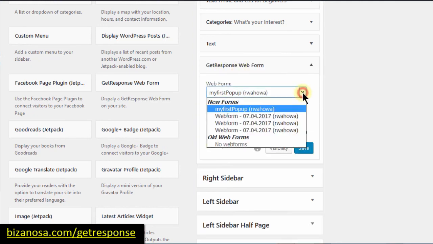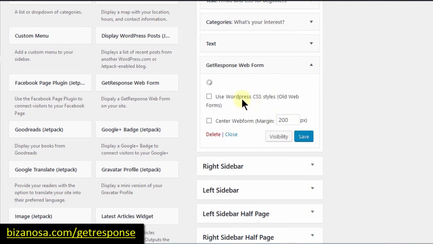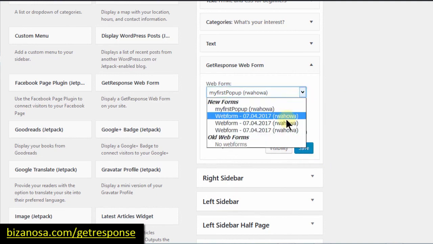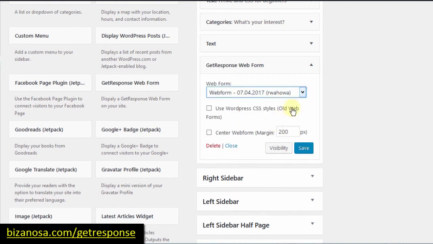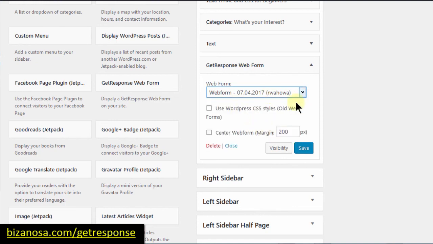And then you can choose a form. You can see how easy this is. Just choose a form, okay? And then just with this, if I save, not a pop-up, I want something else. Let me choose this one. No, let me choose this one. I don't know which one they are, so make sure you give yours